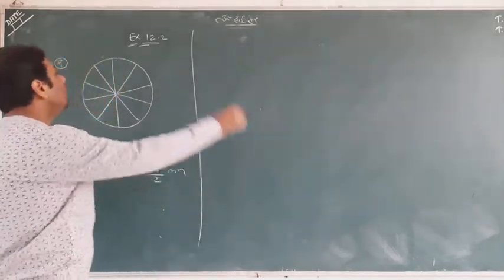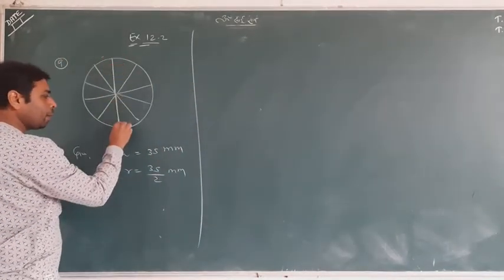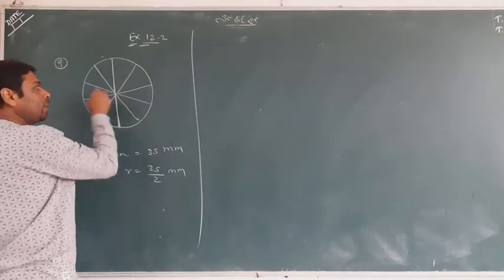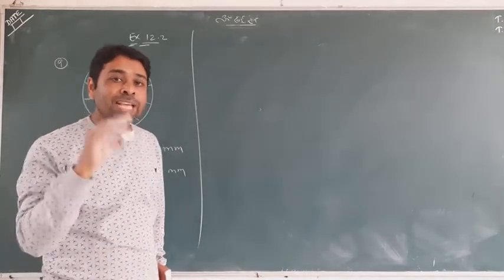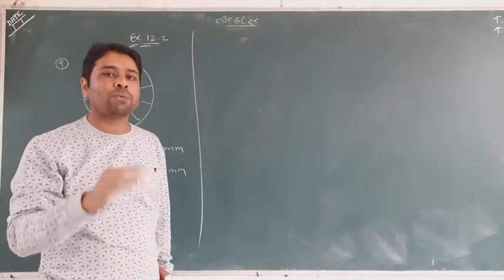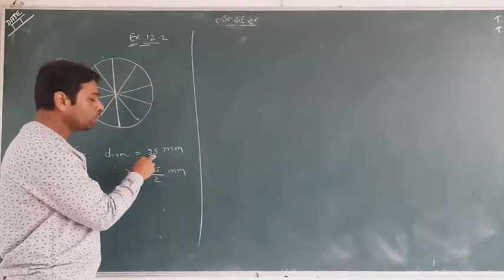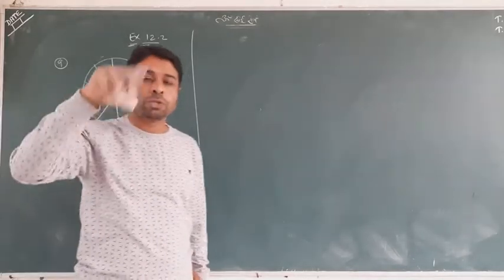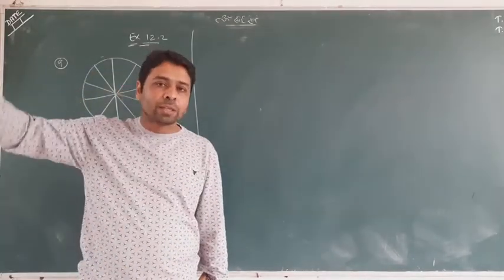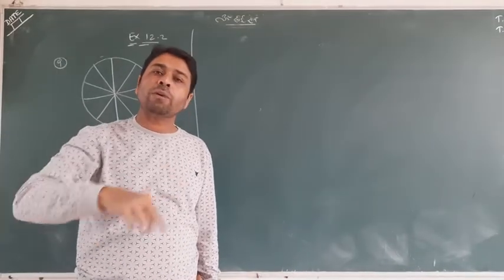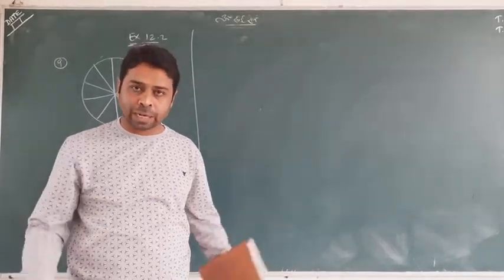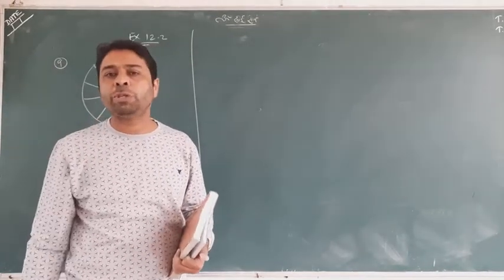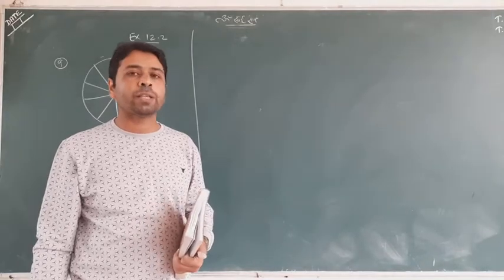diameters. This is the first diameter and the length of the diameter is 35 mm. The length of the second diameter is the same, the third is the same. The same diameter wire is used 5 times, so we will multiply 35 by 5. We can count all the length of wire used in the brooch, as well as the wire used in the circumference. So we will also find the circumference and add it to all the wire used in the diameters. That will be the total wire used in the brooch.